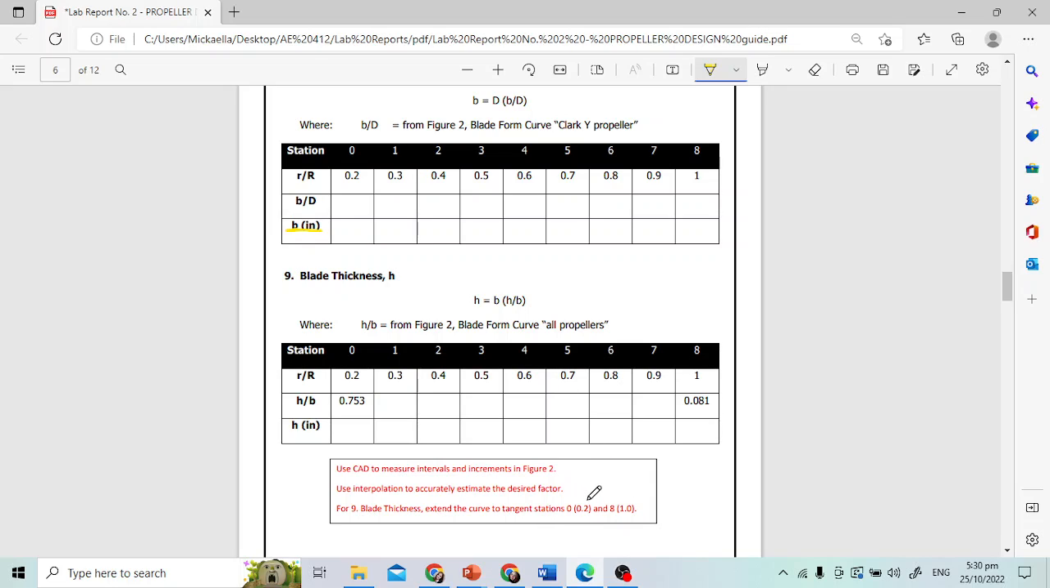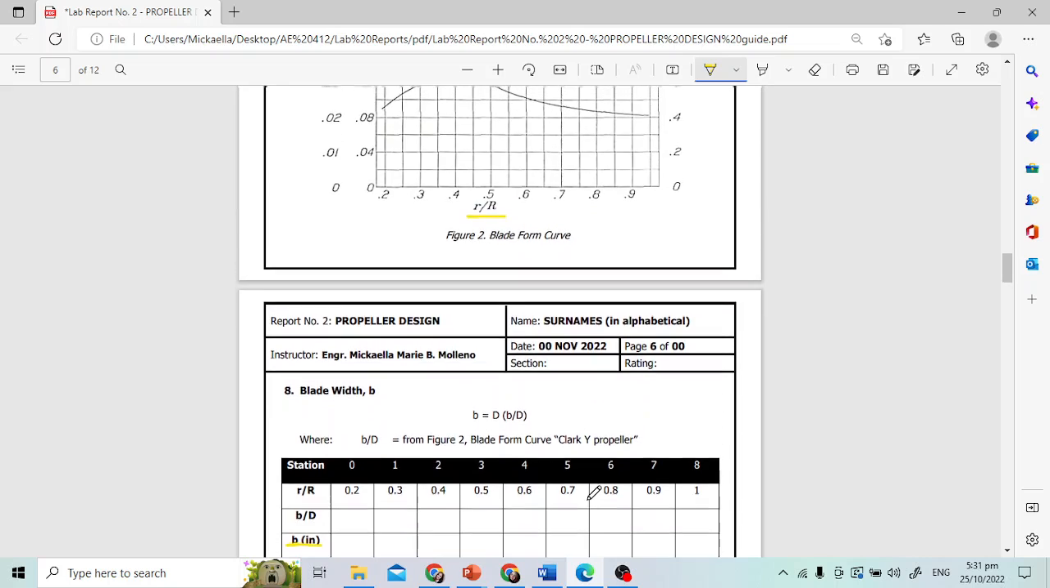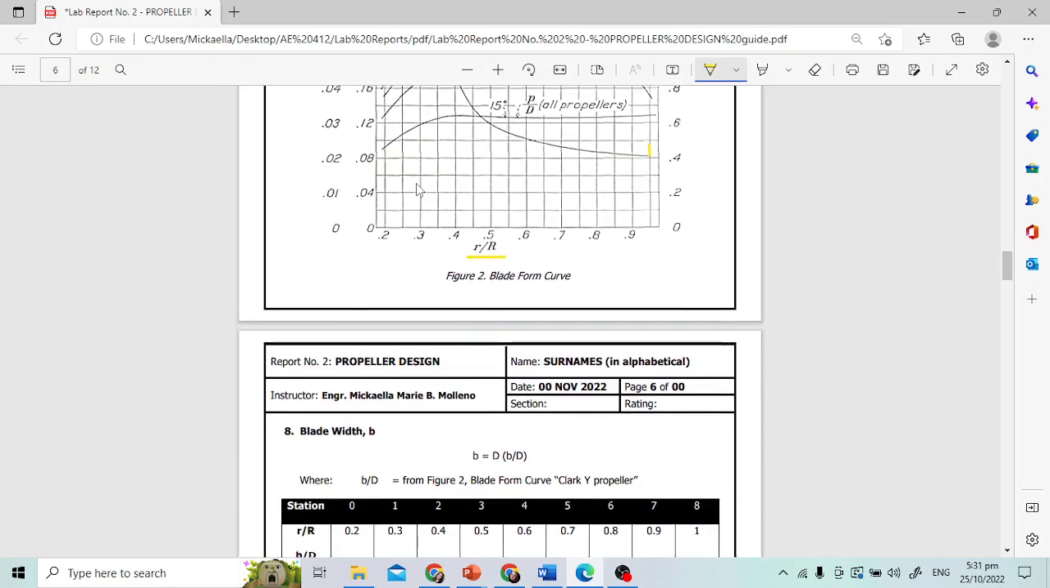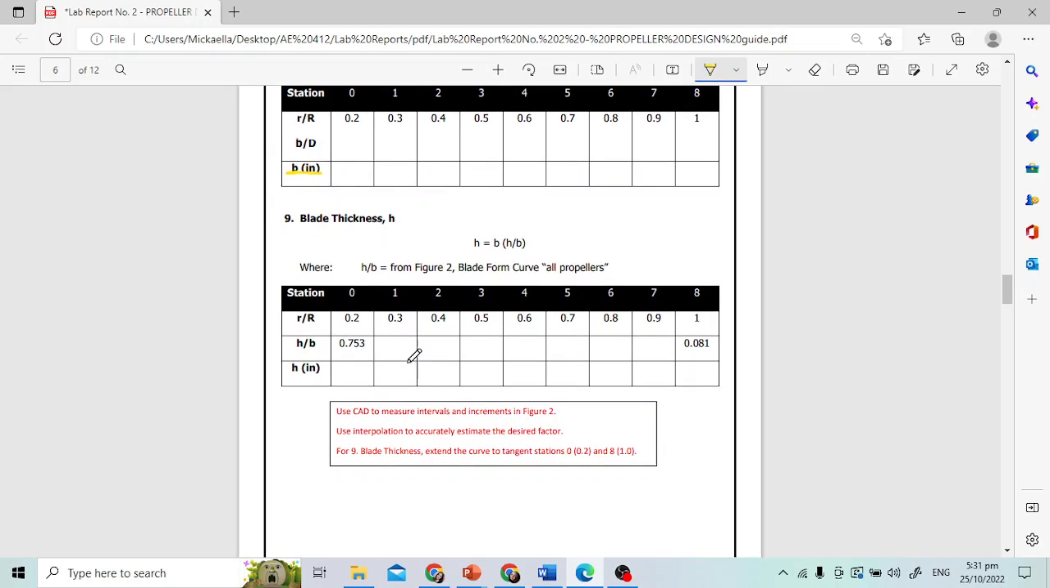So, I put there instructions na i-extend nyo yung curve para magkaroon siya ng tangent sa ating station 0 at station 8. Kasi nga, ganito lang yung curve niya. Diba? Hanggang dyan lang. Tapos, hanggang dun lang. So, just make sure na i-extend yung curve para magkaroon ng tangent point pa din. Para makakuha pa rin tayo ng